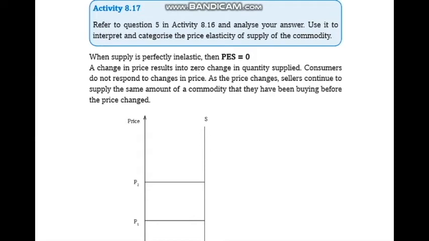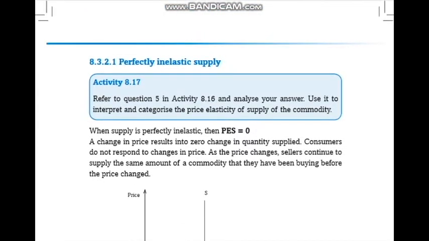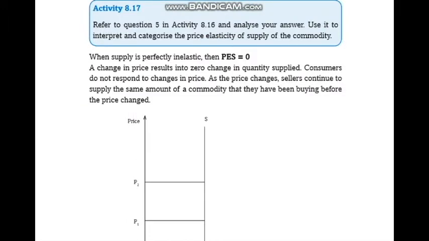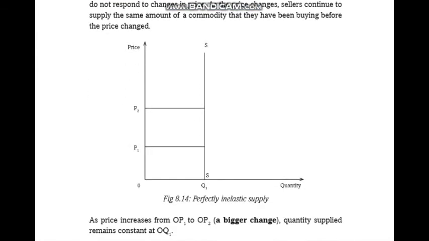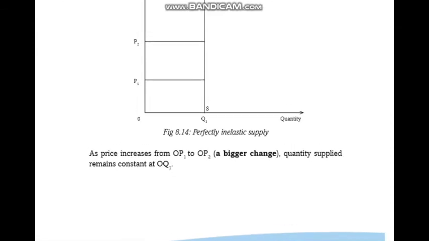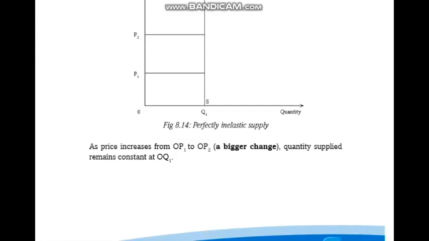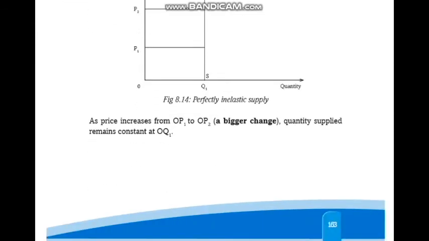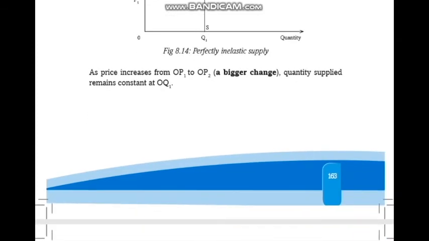price elasticity of supply of zero. Then that one is called perfectly inelastic. It means that suppliers do not respond to changes in price. As the price changes, the seller continues to supply the same amount of commodity that they supplied before the price changed. Yes, that is how it looks. It is illustrated: as the price increases from OP1 to OP2, a bigger change,